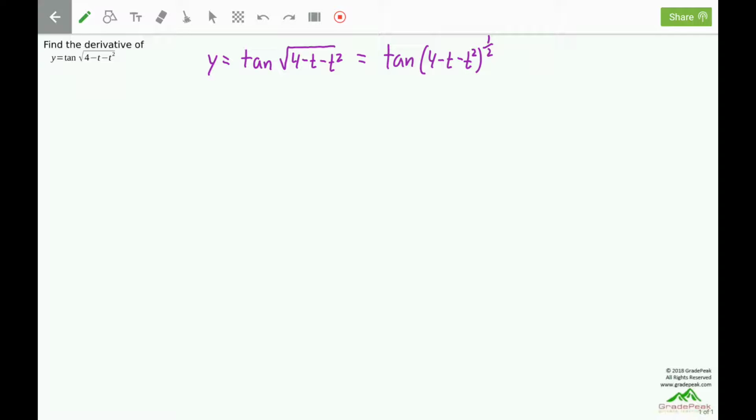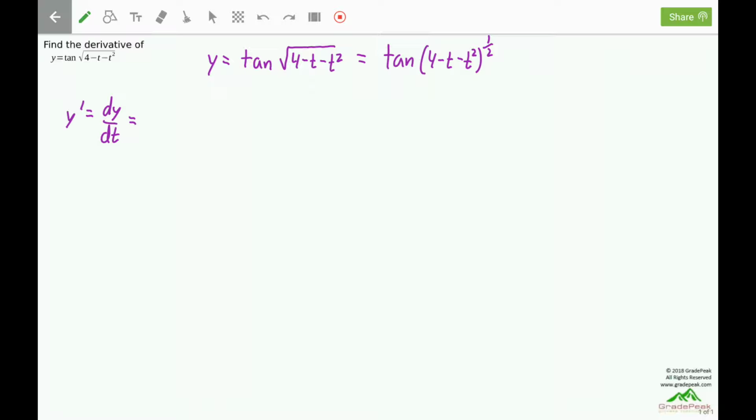That 1 over 2 power is only on the 4 minus t squared. It is not on the tangent. The tangent is done last here. The tangent is the outermost function. So the derivative, y prime, which can also be called dy dt,